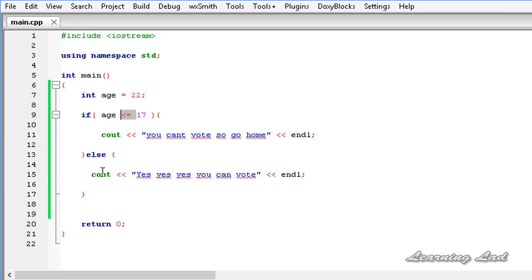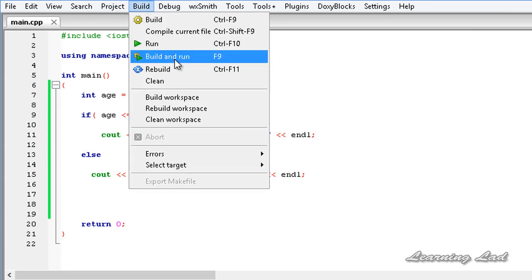And the next thing that I want to teach you is about whether we need to use these braces or not. If you want to execute only one statement after this if or after this else, then you don't need to use these curly braces. You can use them, but it's not necessary. So just to demonstrate that, I'm gonna remove this, and here also. Now if I save this, build and run this,